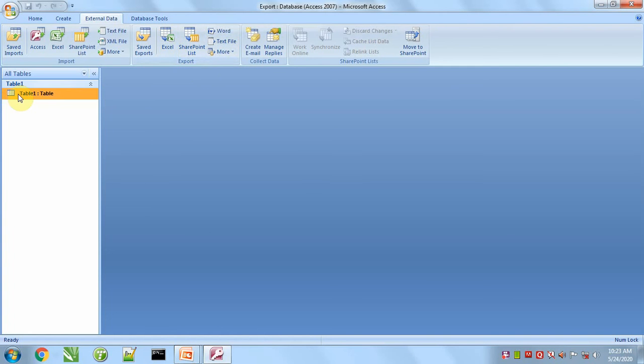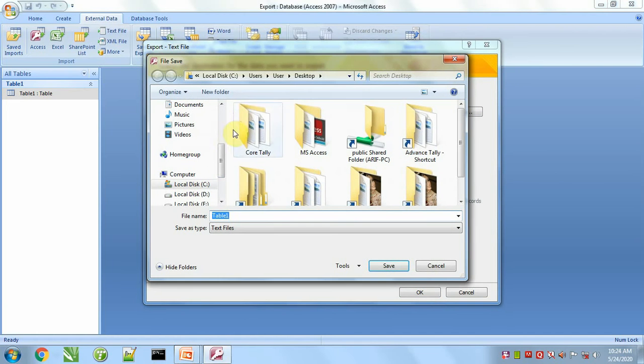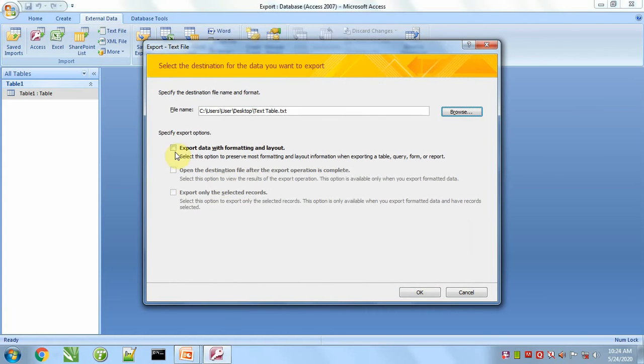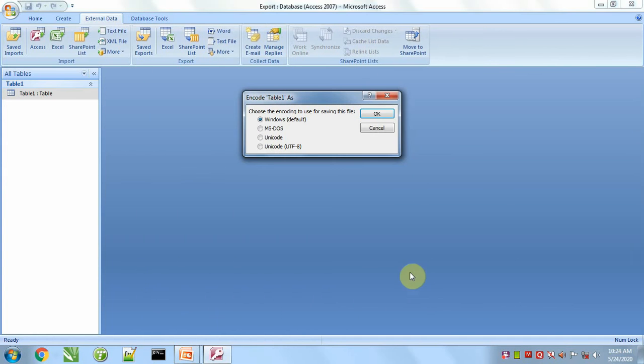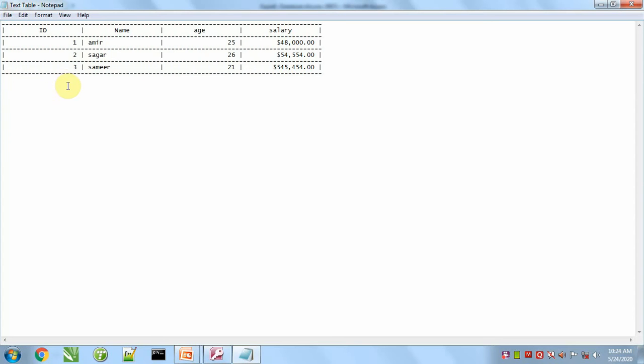Next, convert this file to text file. And same thing, if we export data with formatting and open, then a little bit of formatting will be added to the text file. We can look here. It is a text file along with data and a little bit of formatting, as the table is created and data is centralized.